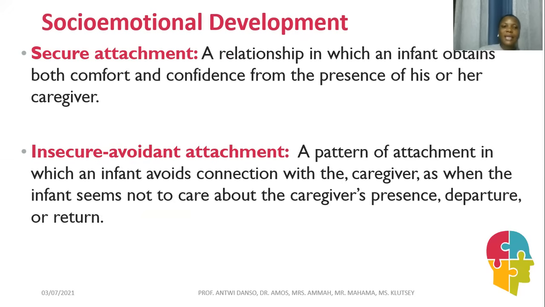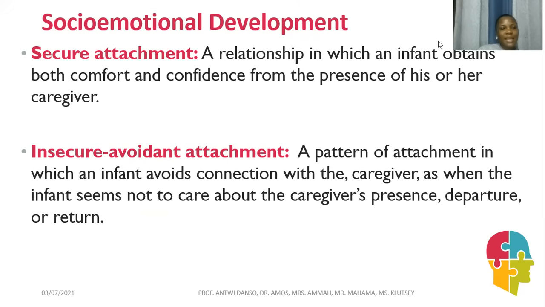contact with the caregivers. There are two, or let me say three, types of attachments that children can form in infancy. And we have the first one being secure attachment. So here, the child gains some comfort and confidence when their caregivers are present. So the child is relaxed, the child feels warm, the child feels loved because the caregiver is around at that